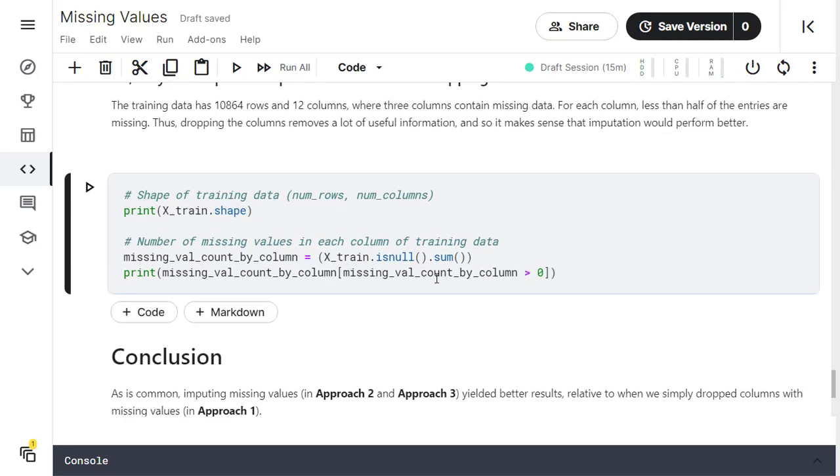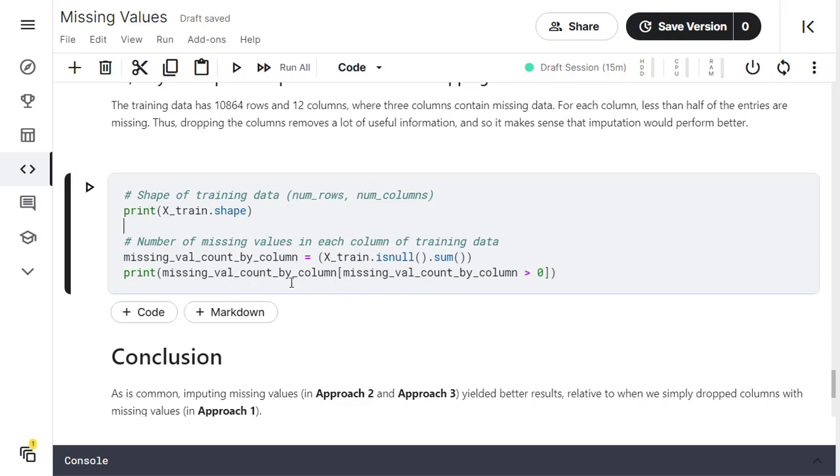Here we are printing the shape of the training dataset. Then using the training dataset dot isNull function, we are finding out whether each column contains null values or not, and then taking the sum of it. This will give the count of missing values in each column. In the last step, we are printing the counts which are greater than 0.